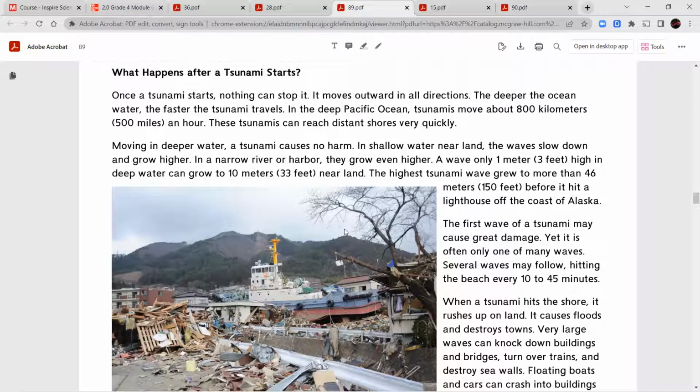Moving in deeper water, a tsunami can cause no harm. In shallow water near land, the waves slow down and grow higher. In a narrow river or harbor, they grow even higher. A wave only 1 meter or 3 feet high in deep water can grow to 10 meters or 33 feet near land. The highest tsunami wave grew to more than 46 meters or 150 feet before it hit a lighthouse off the